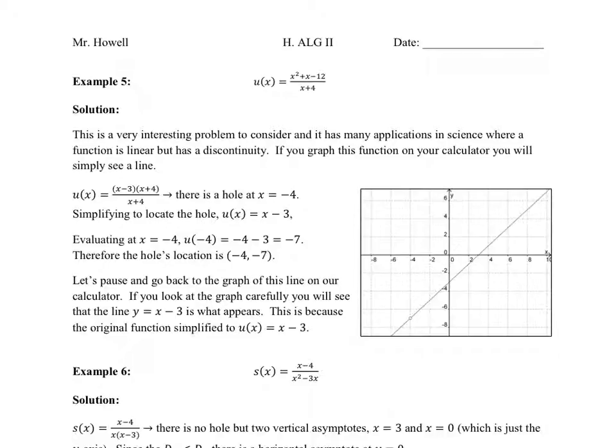So for example 5, we start with recognizing first that x plus 4 and x plus 4 cancel each other. Regular factor. There's a negative 4, we have 1. So easy for you, right? Yeah, so you can plug in the hole, you can plug in negative 4, so that's the location of the hole. Then what you recognize is that when you bring the numerator into the denominator,